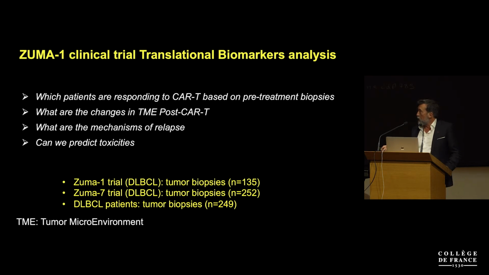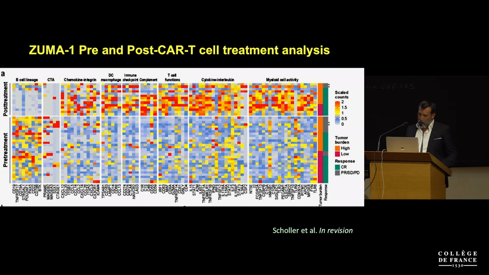From the ZUMA-1 clinical trial, 135 biopsies. Then the ZUMA-7 is the second-line treatment, because it's been approved for third line, and we had access to 252 biopsies, and then DLBCL without CAR treatment, 249 biopsies. And so briefly, when we analyze these samples before and after CAR T-cell treatment,